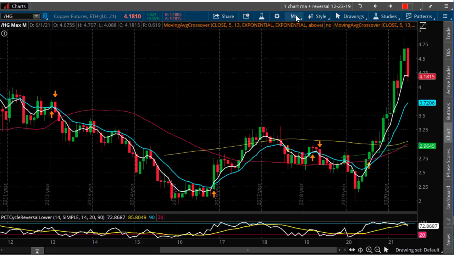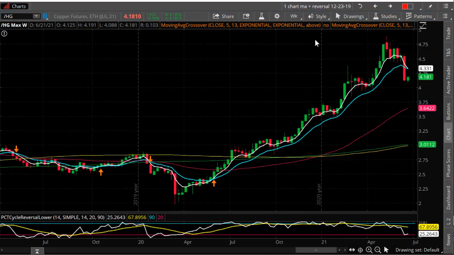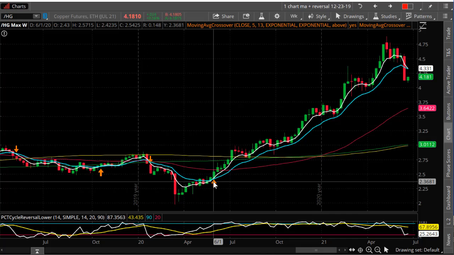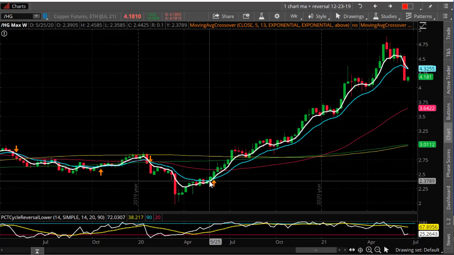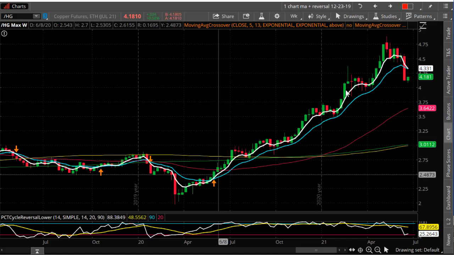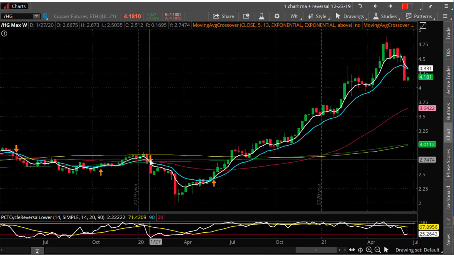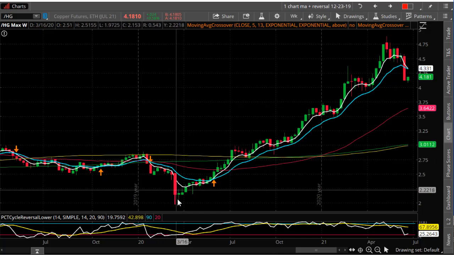Now when we break it down to the weekly, you can see it in more detail. So let me put it to the weekly, and then I'll put it with my momentum indicators, and you can see how clear it is. Okay, so here's the weekly long-term chart. So you can see the uptrend started here. It actually crossed in May 2020, and then you can see on the weekly just a beautiful trend up. Now prior to that, we had a short-term trend down, 513 cross to the